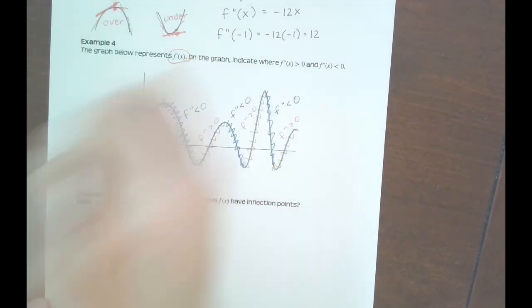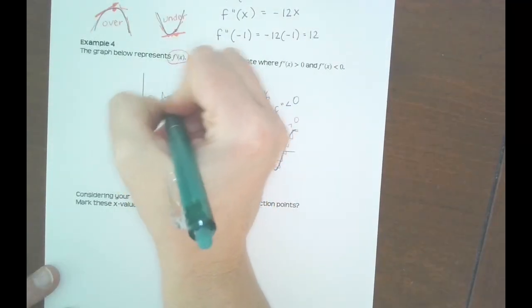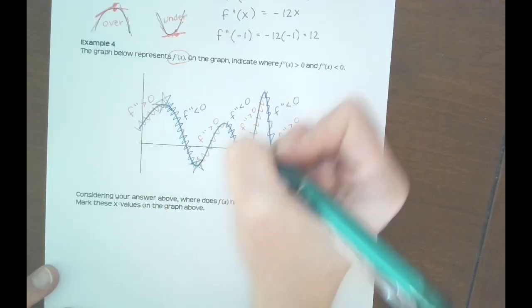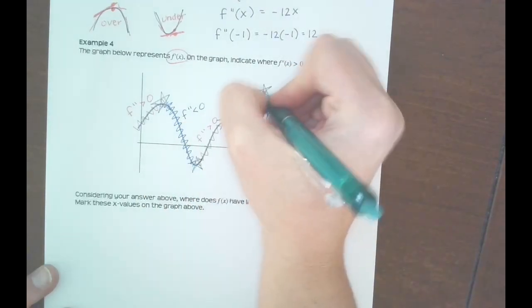So my inflection points, see, I need a color that's going to stand out here. Sorry, making a lot of color decisions behind the scenes here. My inflection points are going to be these places here, my mins and my maximums, because that is where my